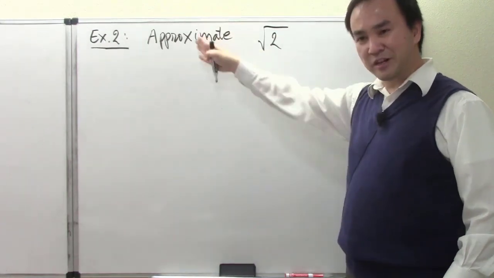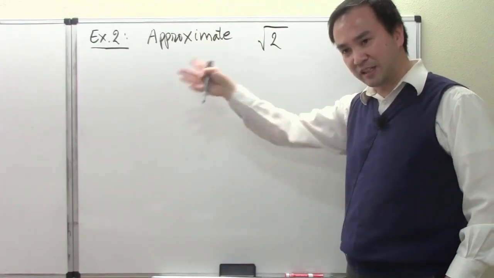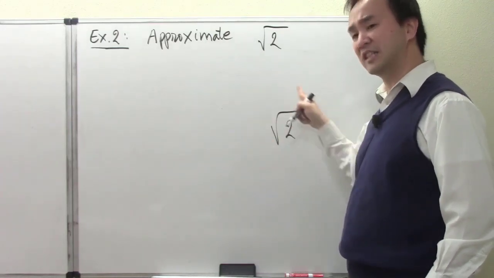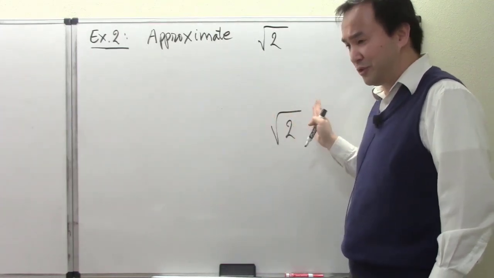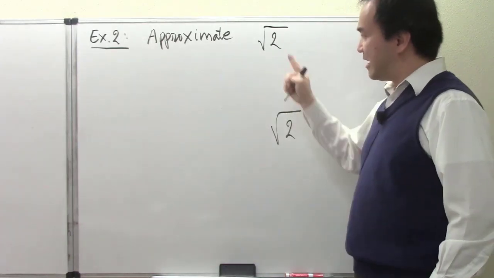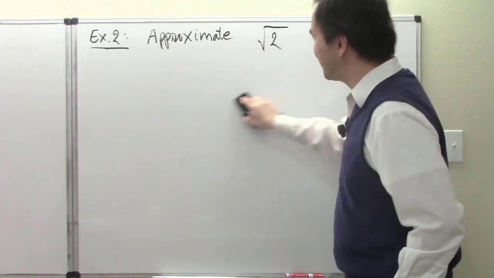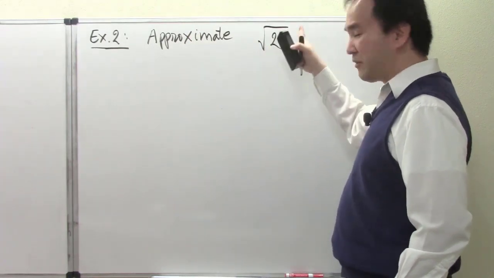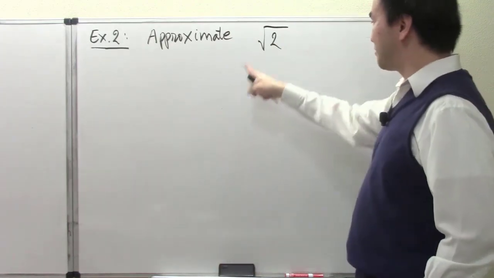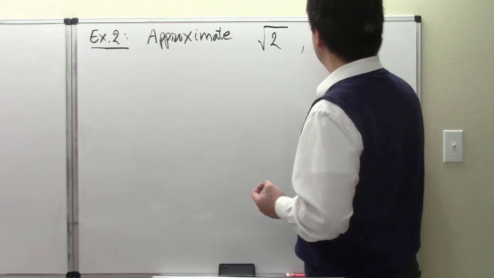So pretend that your job here is to be those leading programmers who make the calculator give the answer for the square root of 2. Otherwise, we're permanently stuck with this precise expression, but in real decimals, we don't know what that value is. So this Newton method helps us find it, and it's a good place for us to do this work. We want to approximate the actual value of the square root of 2 in decimals. So approximate the square root of 2, and how about now I'm going to say accurate